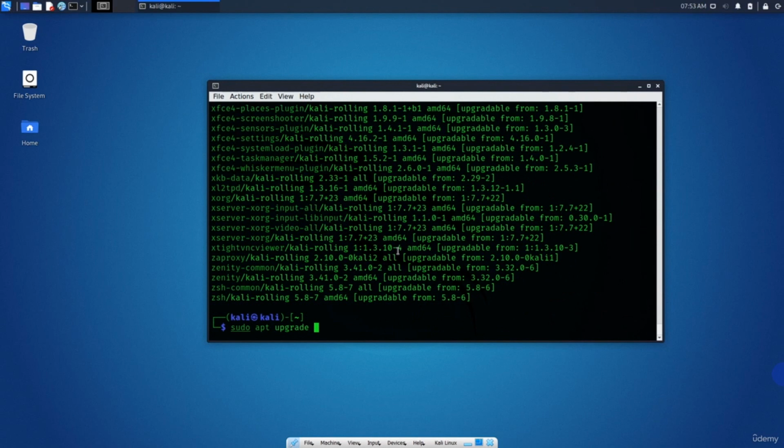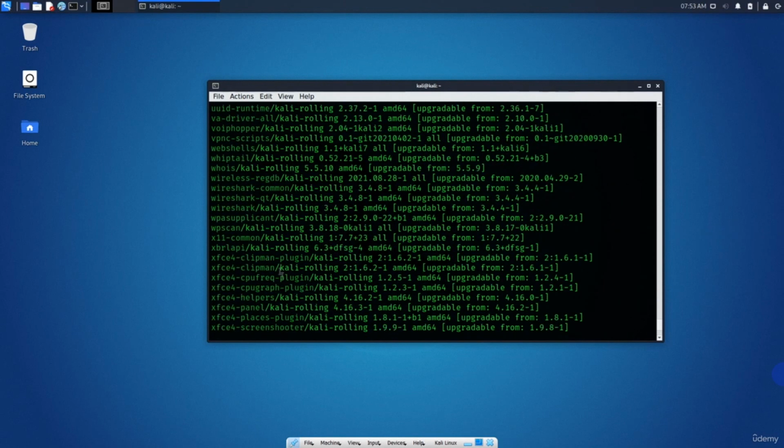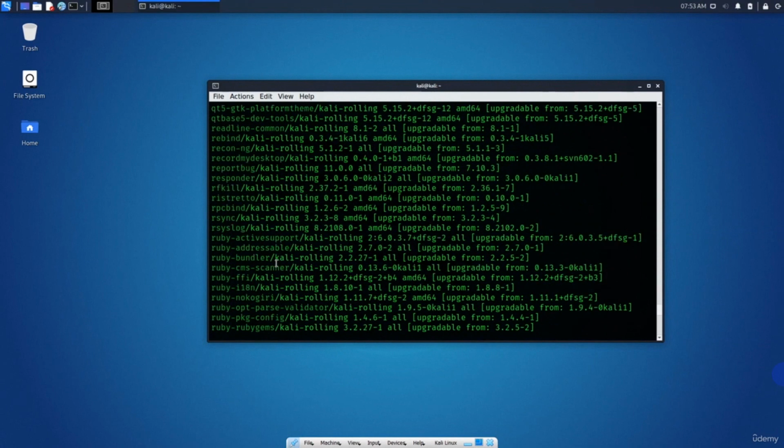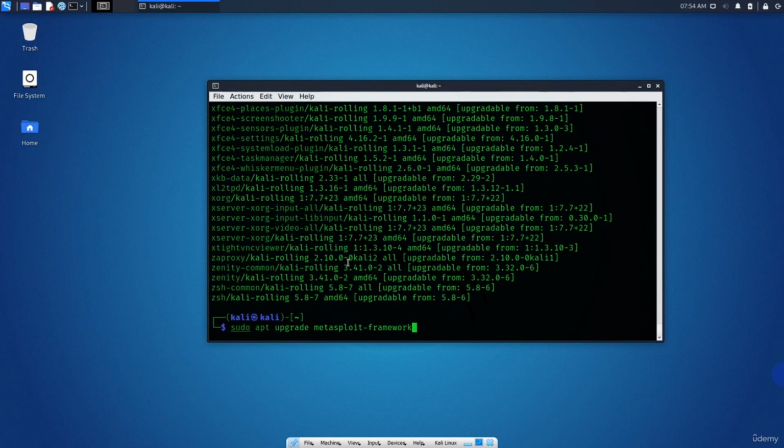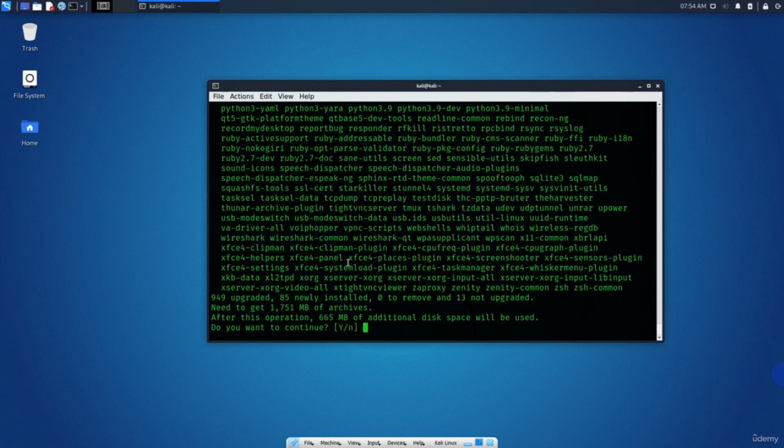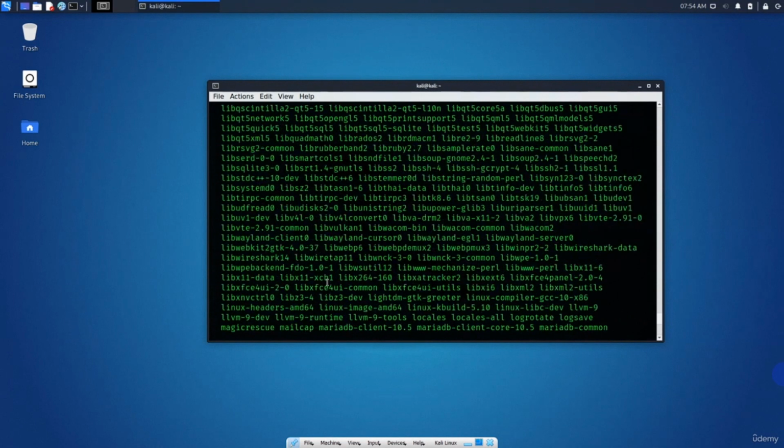Okay, and then choose the one we want. So for example, metasploit-framework. And from where I get this, I get it from here. So if I scroll up a little bit, here it is. So metasploit-framework. All right. So just copy and paste that. Ctrl Shift C and delete this and put Ctrl Shift V. Press enter. It will start upgrading and it will tell you what it will install, what it will upgrade, and